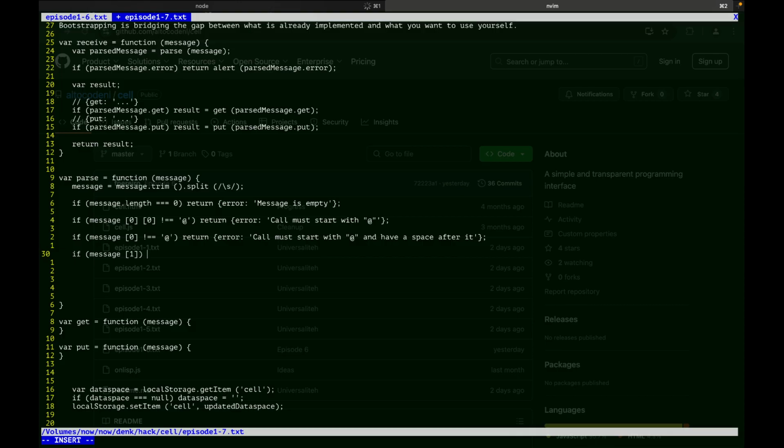So okay, enough ranting. If message 1 is equal to get, what am I going to return? I'm going to return whatever came in the message after, like, I'm going to remove the at, I'm going to remove the get, I'm going to return the message sliced. Good question.